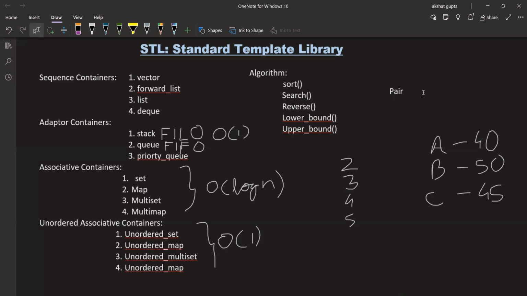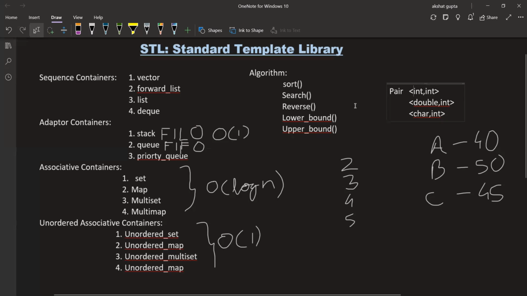For example, you can store int and double, and these values can be stored side by side as a pair. So this is also a special container which we get with STL.